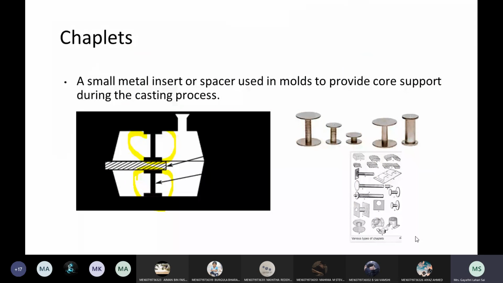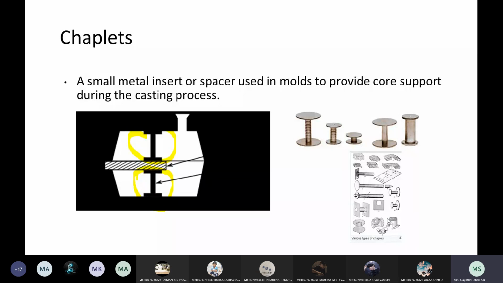Right. So all of you please make a note of this chaplet. I think it's time up, 2:15. So from Friday I will be taking chaplets, continued with the gating system design. Then the last topic of the unit will be directional solidification. In that we will see what the chills are, what the purpose of a riser is, how many risers we have to put so that you will avoid the void, how to compensate this volume. So where you have to place the riser.